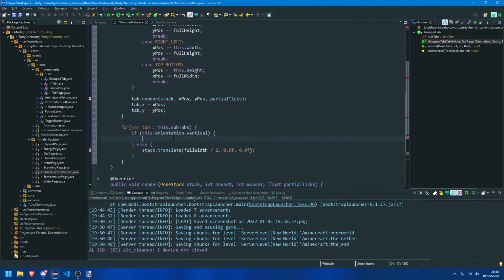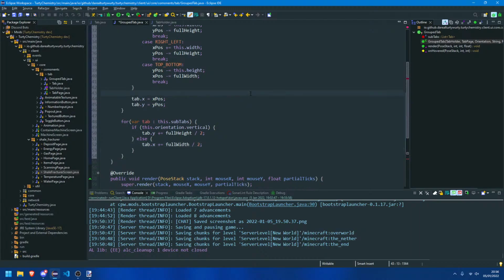If it's vertical, then tab.y plus equals full height divided by 2. No, that's not. Yeah, that is right. That is right. And then tab.x plus equals full width divided by 2. Is that right? I feel like that's not right, but I don't know, to be honest. Actually, now that I think about it,